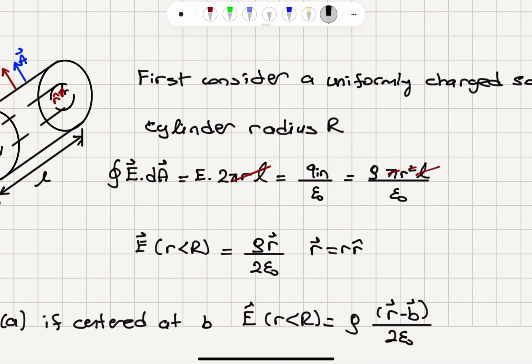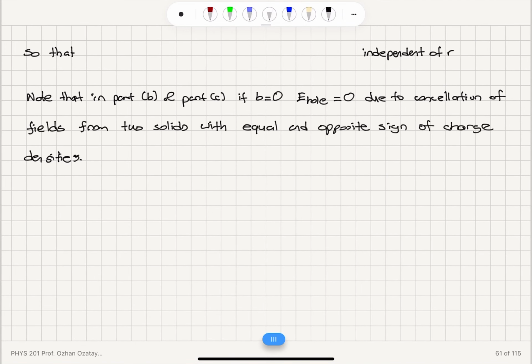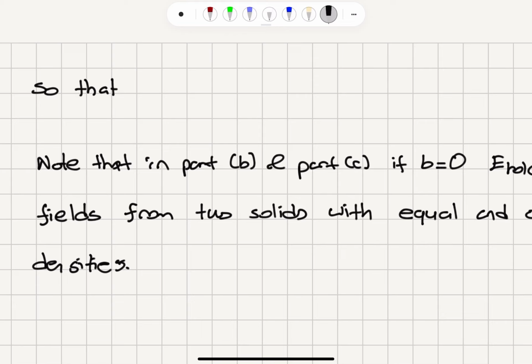Now you can see that if b is equal to 0, then this is centered at the origin, so I recover this case. It would be rho r over 2 epsilon 0. If it is centered at r is equal to b, then this is the right answer that I have discovered in part A also. So this gives me the electric field inside the hole